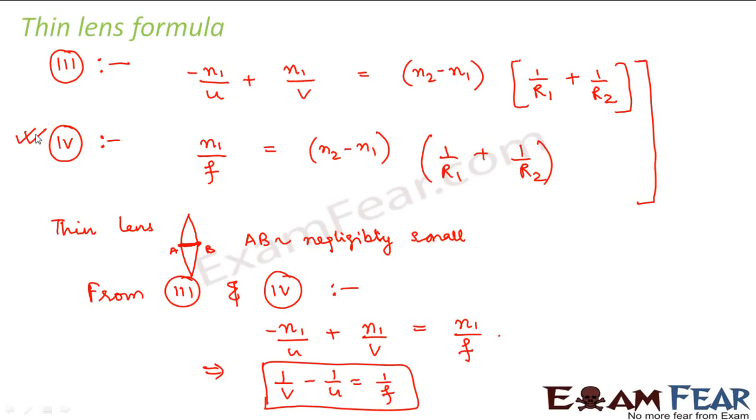So therefore, there are two formulas related to a lens. One is the Lensmaker formula, which relates the image distance and object distance to the radii of curvature of the two spherical surfaces. And the other one is the thin lens formula, which can be applied only for thin lenses and which relates the image distance and object distance directly with the focal length, ignoring the two different radii of curvature, because it assumes that the lens is very thin. So there is no point considering R1 and R2 separately. Considering R1 and R2 is not required, because we are assuming that it is very thin.